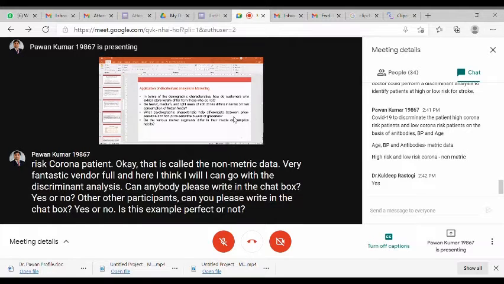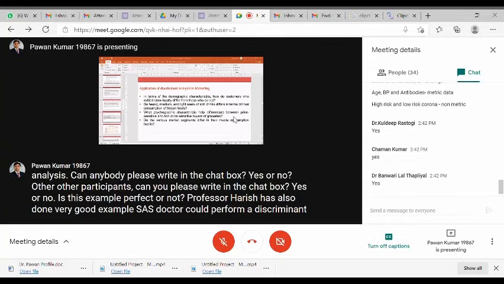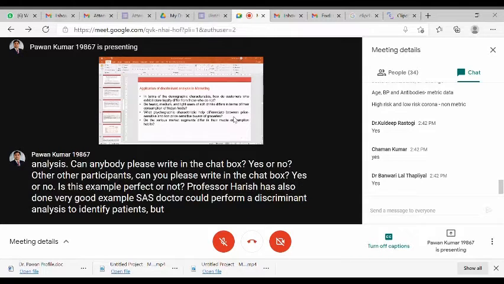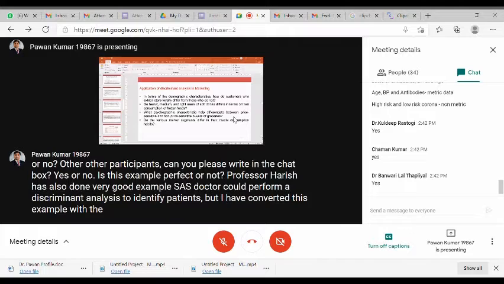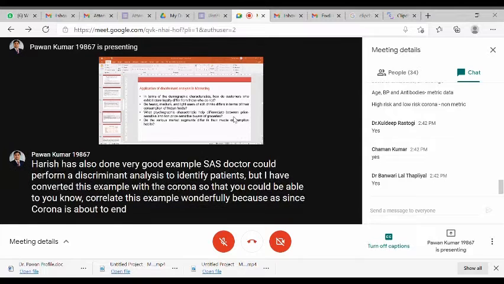Professor Harish has also given a very good example: yes, a doctor could perform a discriminant analysis to identify patients. But I have converted this example with the corona so that you could correlate it wonderfully, because corona is about to end and we can come to know the low corona risk patients.